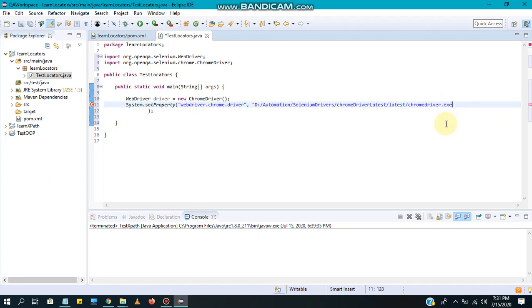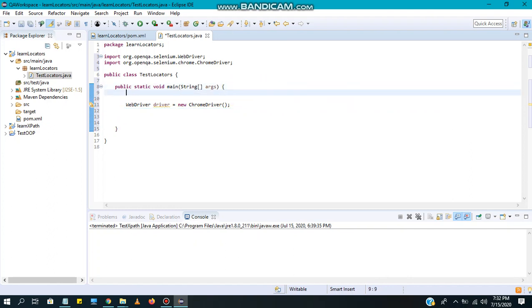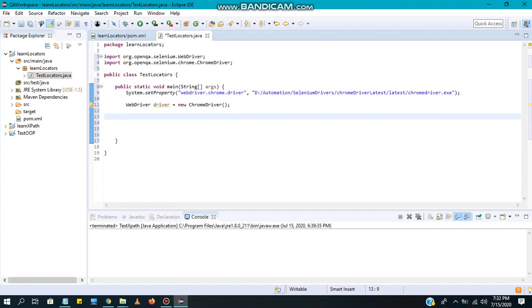Let me delete this. Let me add this over here. Once done, first of all we need to open the browser, maximize the browser, and get the URL.